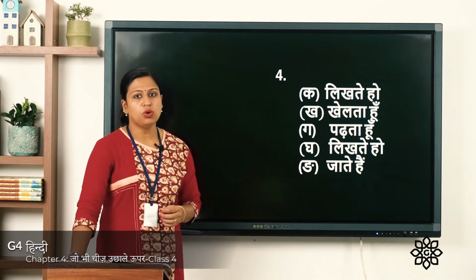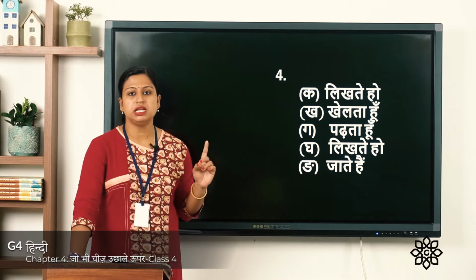So you have to pause the video and tick the correct option. Second one, मैं बगीचे में dash. मैं पुस्तक dash. तुम सब कहानियाँ dash. हम पिताजी के साथ घूमने dash. I hope you all have done it. Now let's check the answer. So the first fill in the blanks is तुम कहानी लिखते हो. So this is the correct option, लिखते हो. खा, मैं बगीचे में खेलता हूँ.